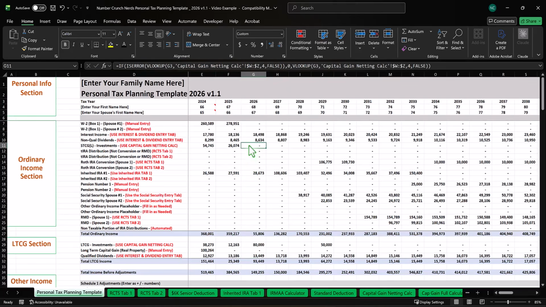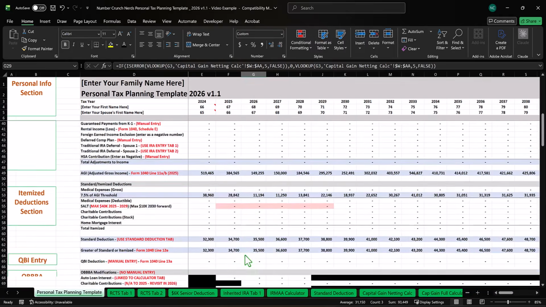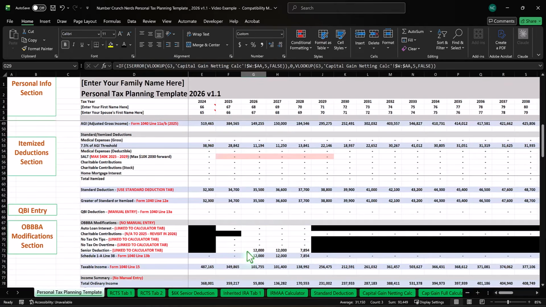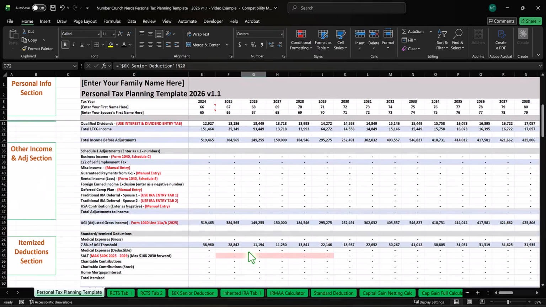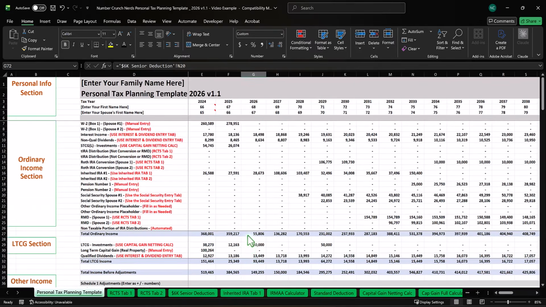By deferring that $50,000 to the future, in other words, by putting it right here in long term, we got nearly all of this taxed at the 0% rate. And not only that, we increased our senior deduction, I believe. Yep, we got back the full amount of senior deduction that was previously being phased out. So if we can talk to our financial advisor and figure out if the underlying investment rationale would allow for us to try to defer some or all of that 50 out of short term and into long term a little bit later on,